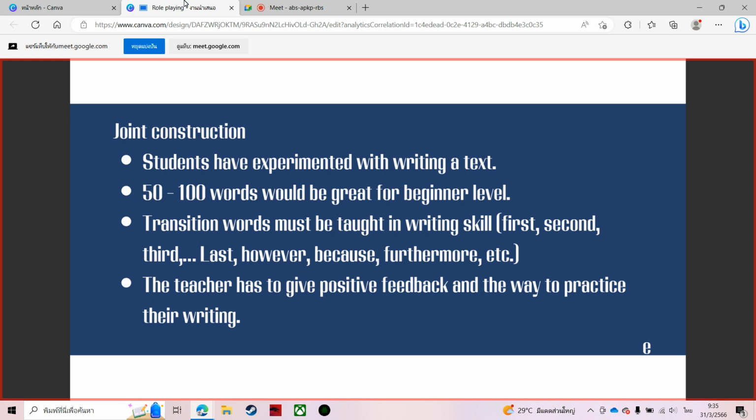Probably you just teach them some that most people use in daily life or in most essays, and the teacher gives positive feedback on the way they practice their writing. And at this point, you have to give positive feedback, like, I think it's wrong, you need to fix some things, but not negative feedback. Just talk to them nicely, not what can I say, just negative thoughts to them.